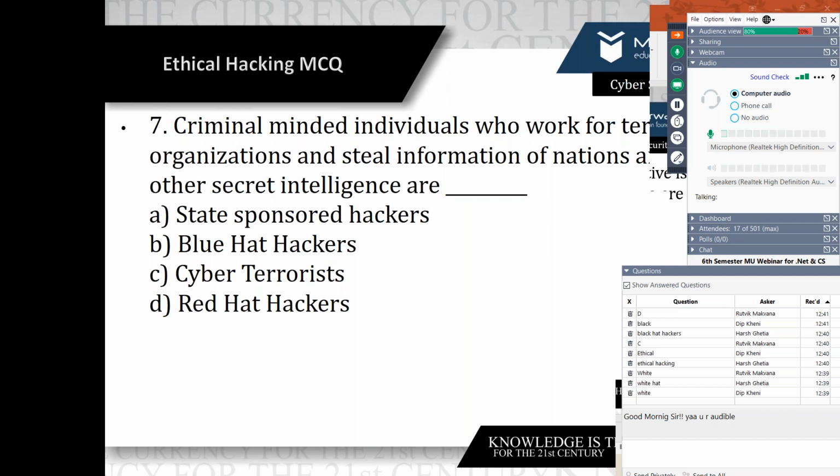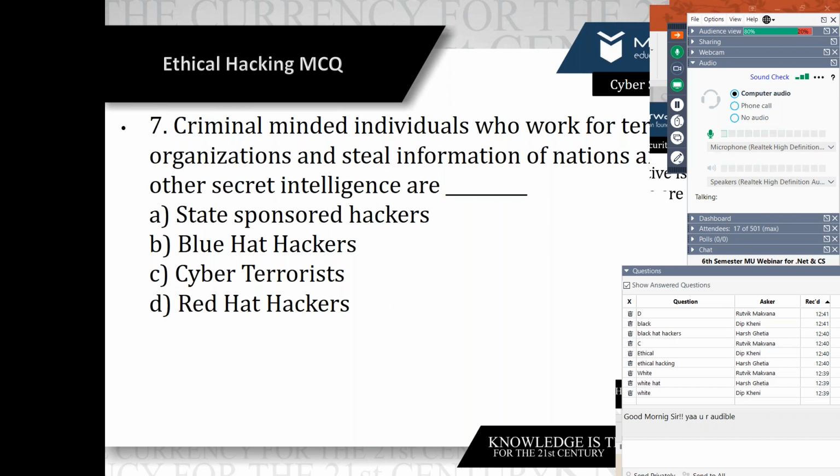That is why it is the cyber terrorist, because cyber terrorists have a certain level of knowledge. Similarly, it is called a black hat hacker, because they work for a particular agency, for example the terrorist organization. And we also mentioned one keyword: criminal minded. So that is why the answer is cyber terrorist.